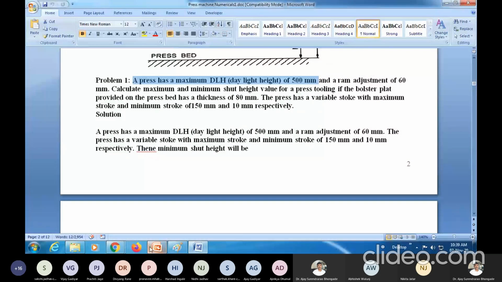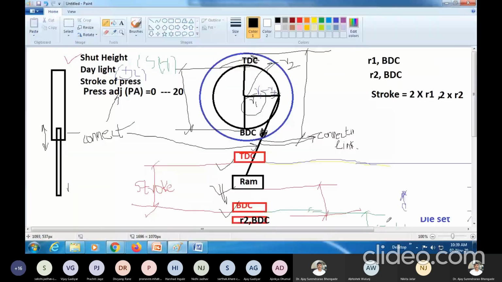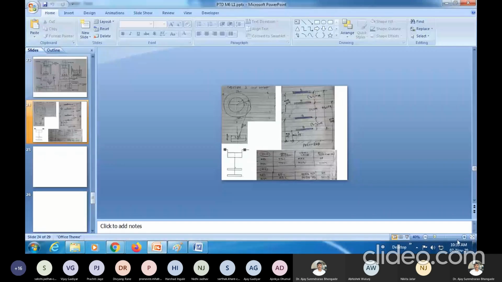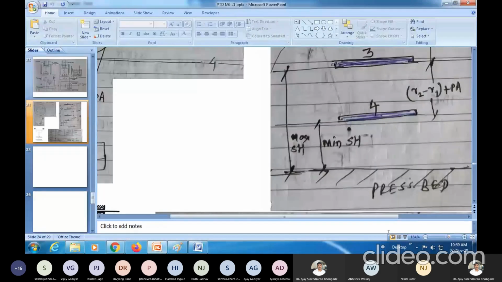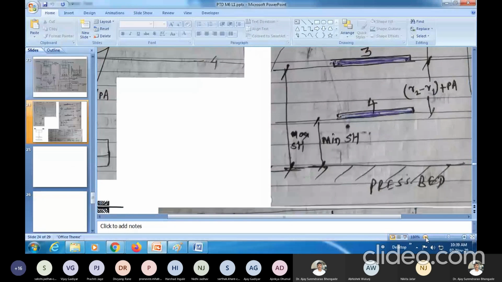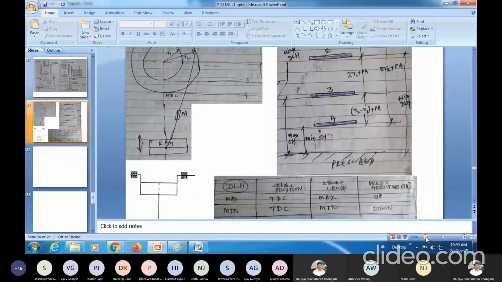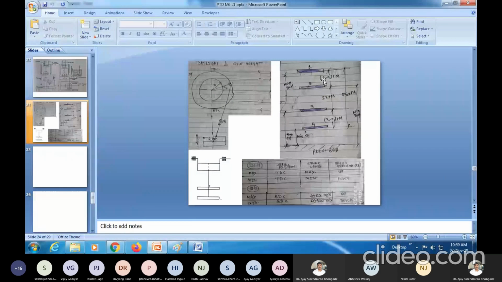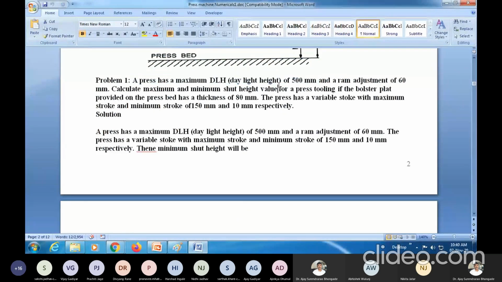So these two things have been given to you. So we had talked about press height, and okay, where is the slide? Okay, this is the slide, right? So we are given the press adjustment and some data there. Okay, so daylight is 500 mm and ram adjustment is 60 mm.